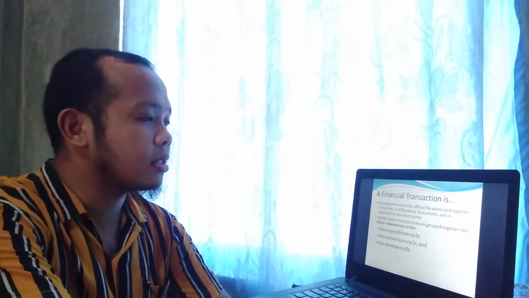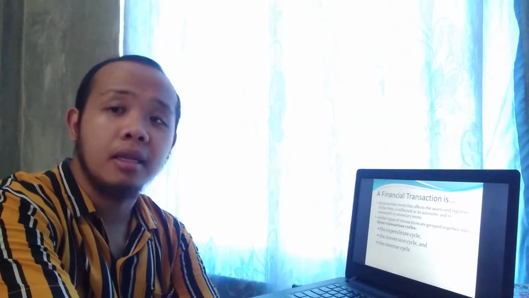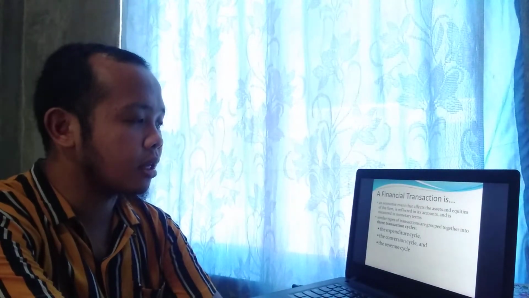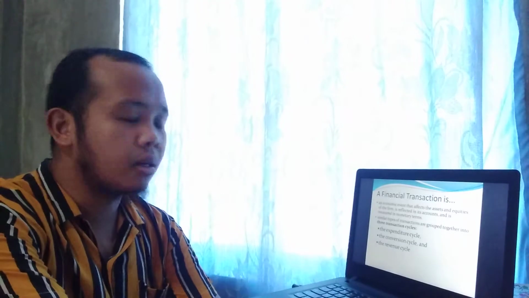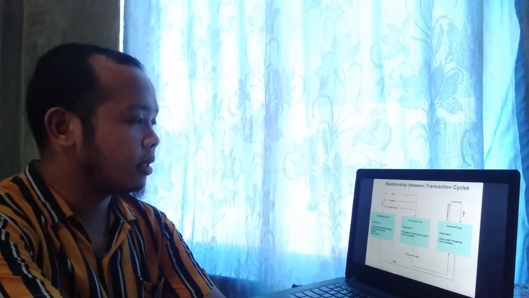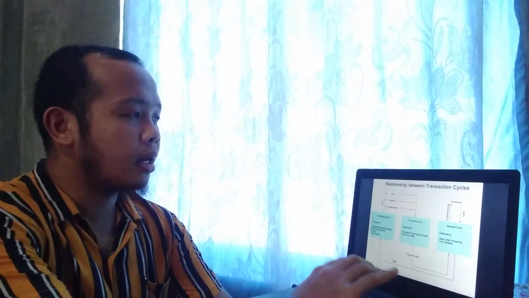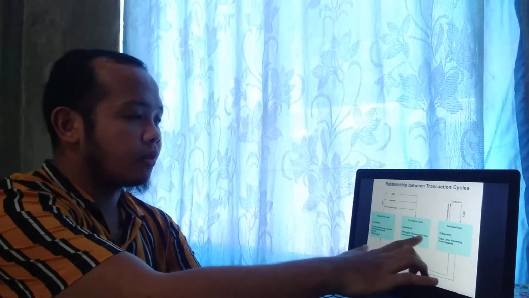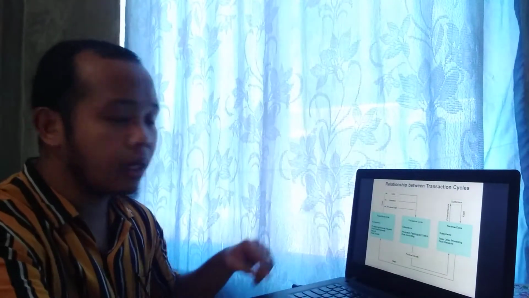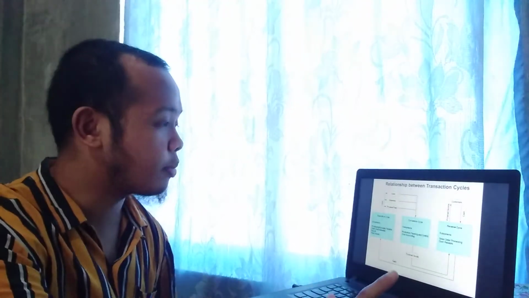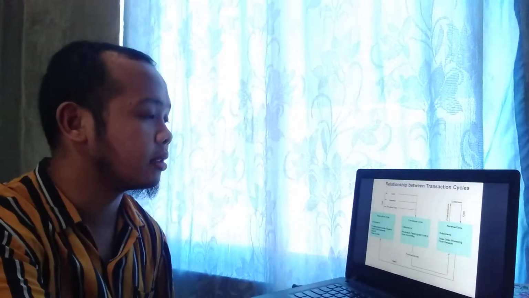Similar types of transactions are grouped together into three transaction cycles. The first is the expenditure cycle, then the conversion cycle, and the revenue cycle. So the relationship between the three cycles: expenditure, conversion, and revenue. The expenditure cycle involves purchasing, disbursement, expenses, payroll, while